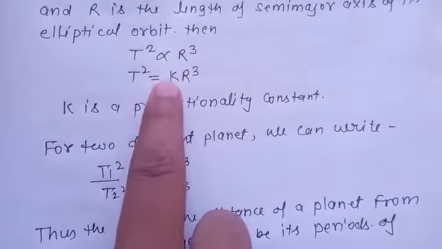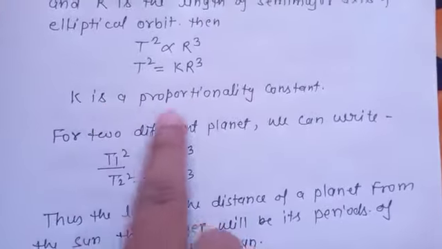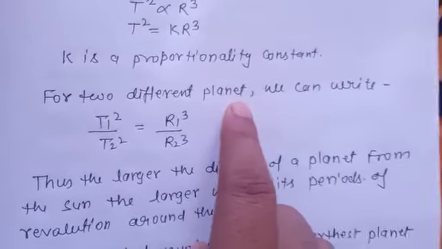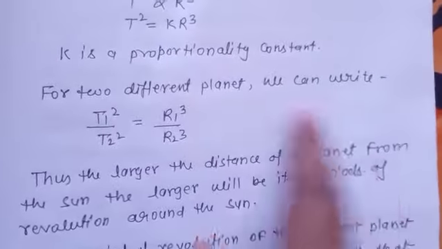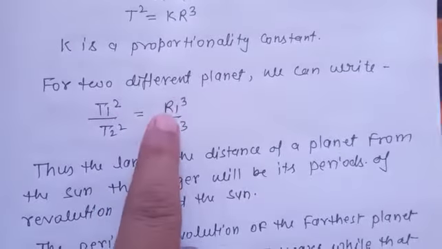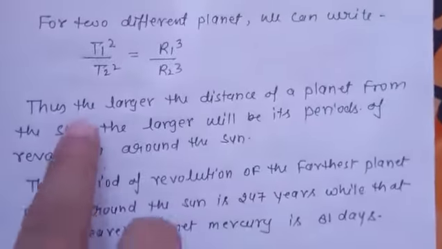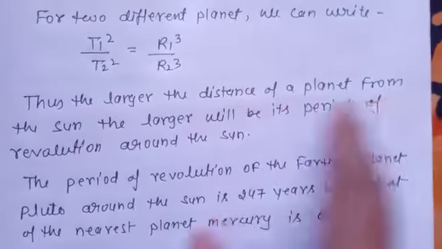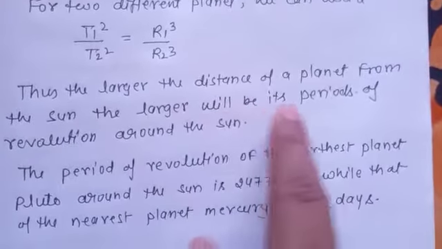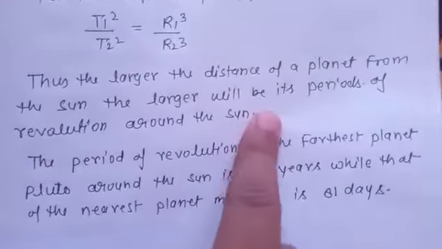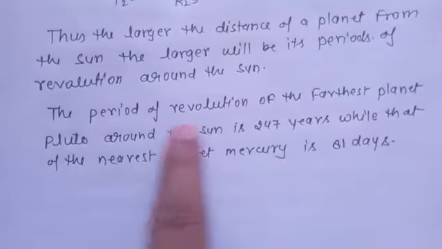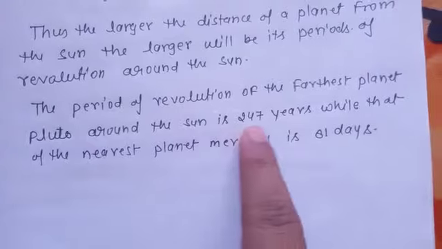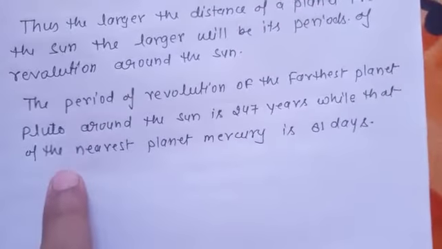Now replace the proportionality with an equals sign and K. K is a proportionality constant. If we consider two different planets, we can write T1 squared upon T2 squared is equal to R1 cubed upon R2 cubed. Thus, the larger the distance of a planet from the Sun, the larger will be its period of revolution around the Sun. The period of revolution of the farthest planet, Pluto, around the Sun is 240 years, while that of the